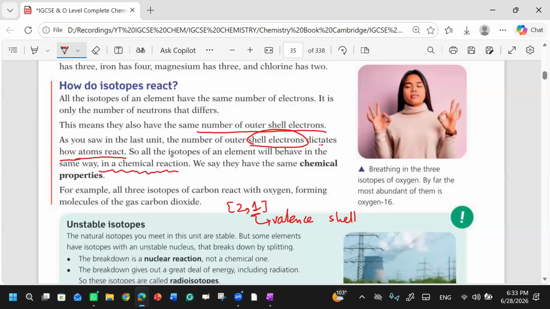What we have discussed is that isotopes have the same number of electrons, right? All the isotopes of one type. I'm not saying all the isotopes of the periodic table. I'm saying that, for example, the isotopes of carbon, like carbon 12, carbon 13, carbon 14, all these three will have the same number of electrons, right? Same number of electrons. That is why their chemical properties will be